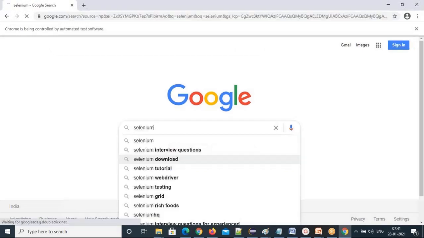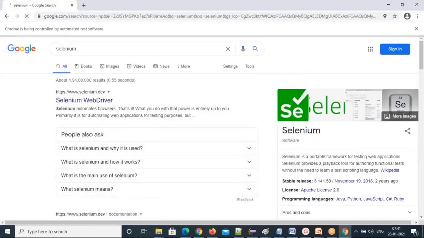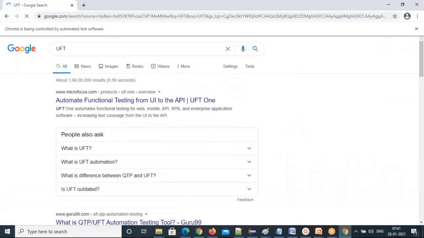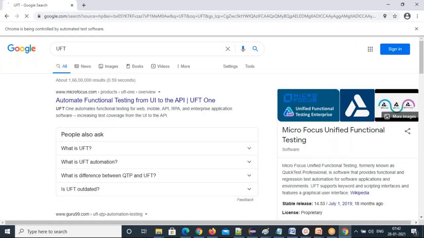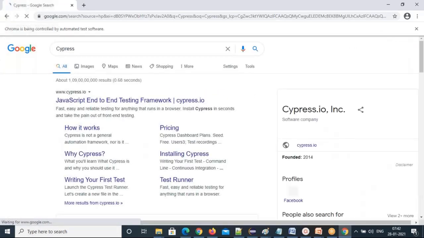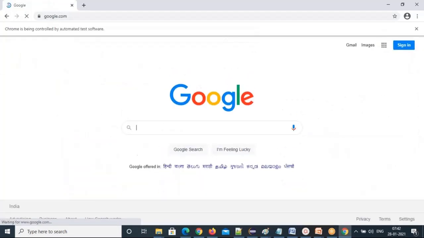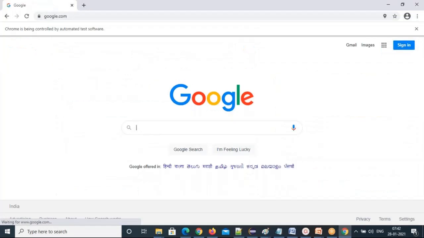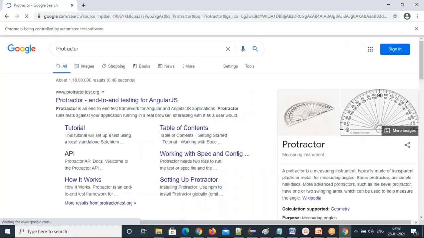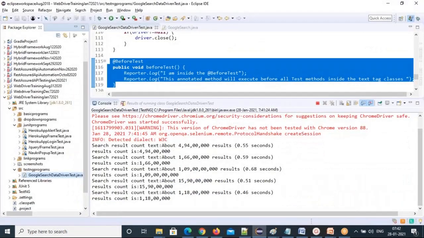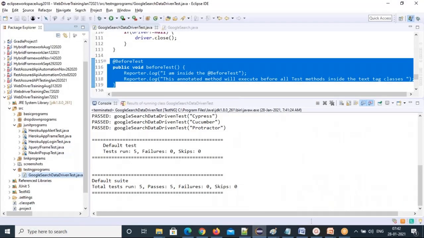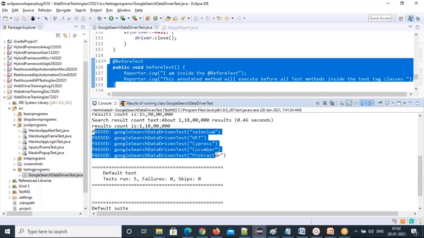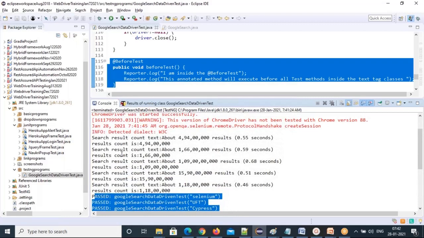So google.com will open, and the first Selenium keyword is typed, and the value is fetched, and it will go back. Again the before method executes, it comes to the test method again, the value is fetched and completes, then goes to the after method. Then it goes to the before method, then the test method, then the after method, and again it goes to the before method. What happened? All 5 are done. That's why all 5 methods are passed. You can get all the 5 methods count here.